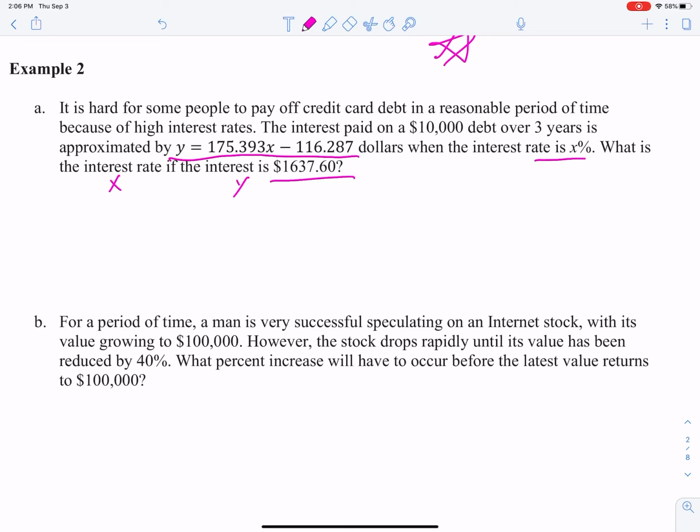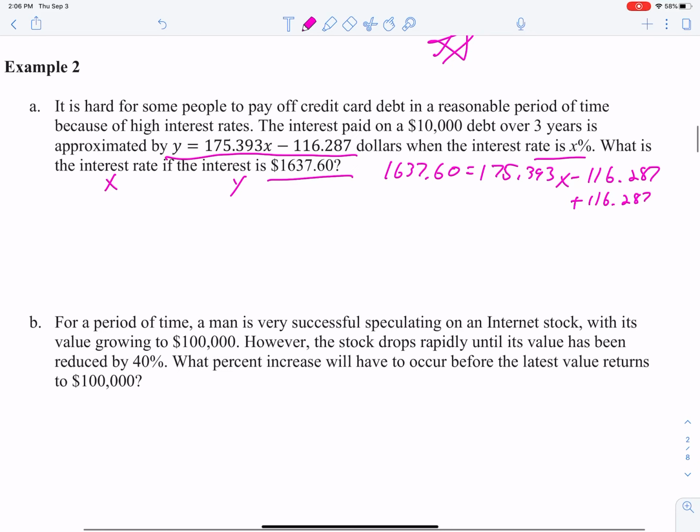Sorry, I should have probably left more room here, but let's see, 1637.60 equals 175.393x minus 116.287. So we're going to follow our basic algebra skills here. So add 116.287 to both sides. All right, so let's see, that's going to be